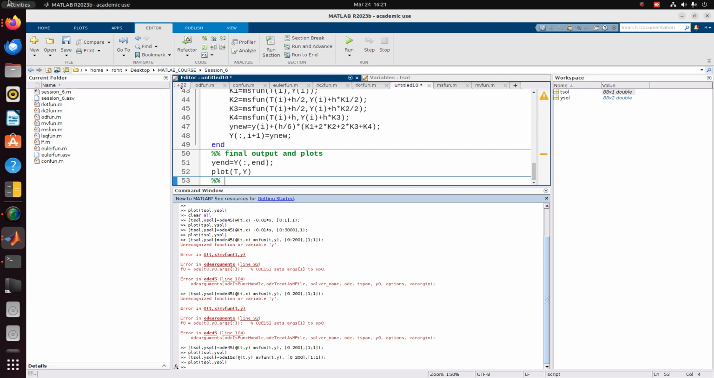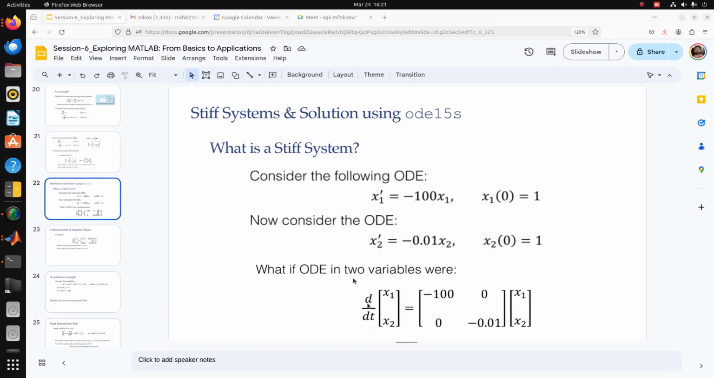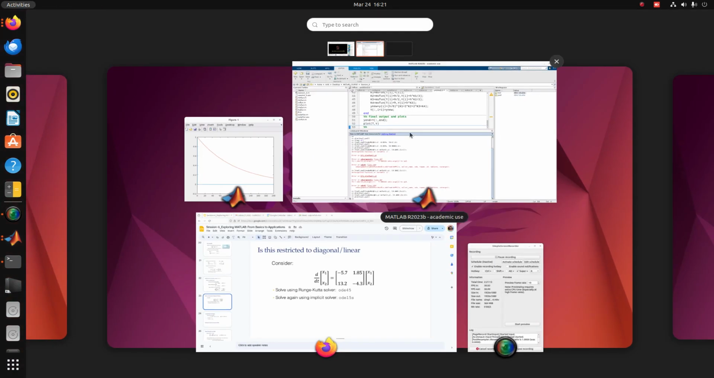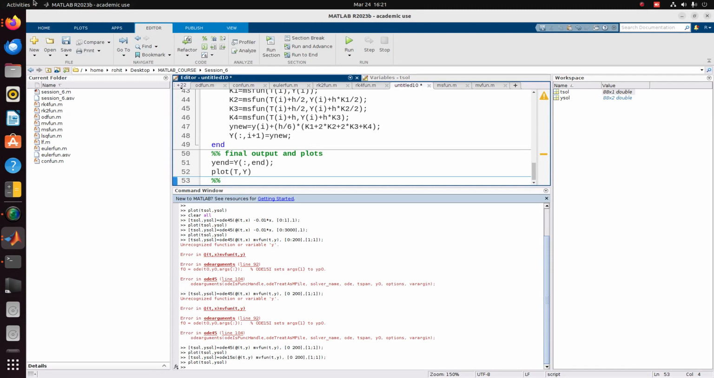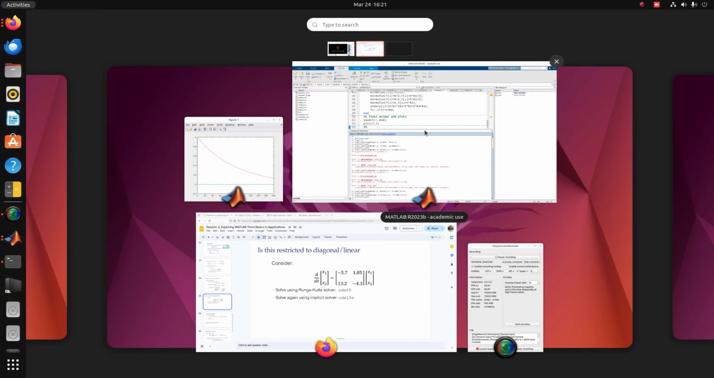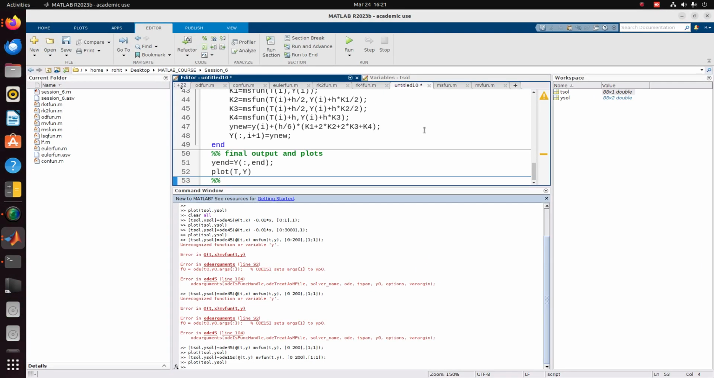So OD45 should be used initially, and if you are not able to get any convergence or it is still pending for a long time, then you should be using OD15s as your solver. Now if you have some other function of the form minus 50, this kind of form, we'll see whether we should use OD15s or OD45. We need to check it. So for that,